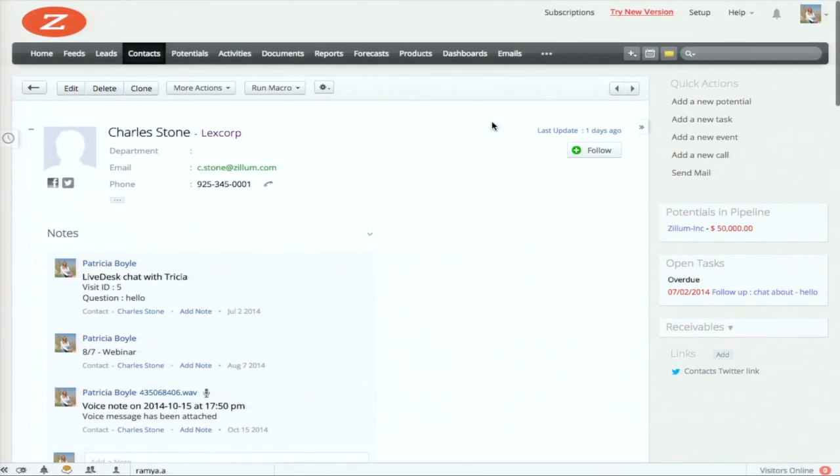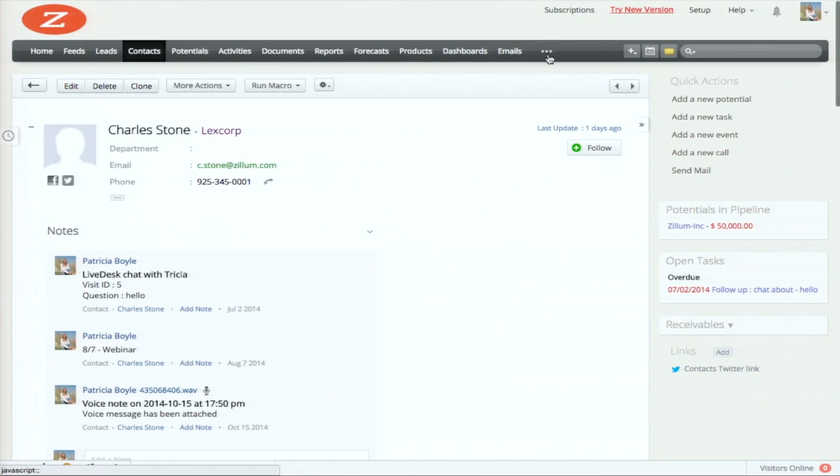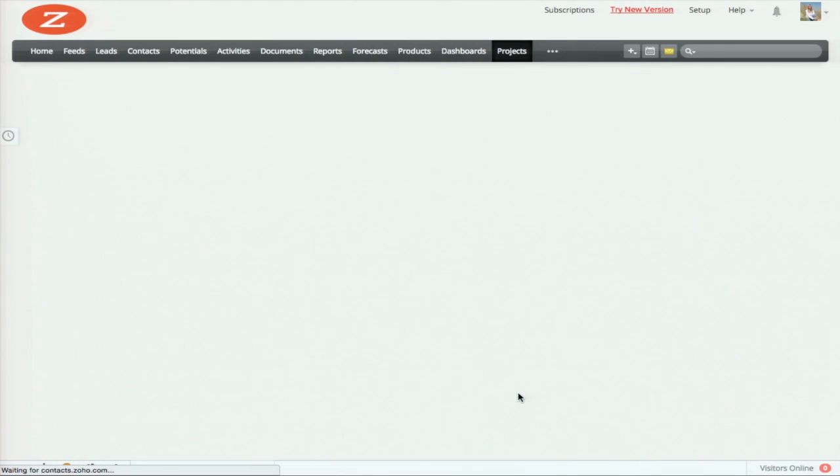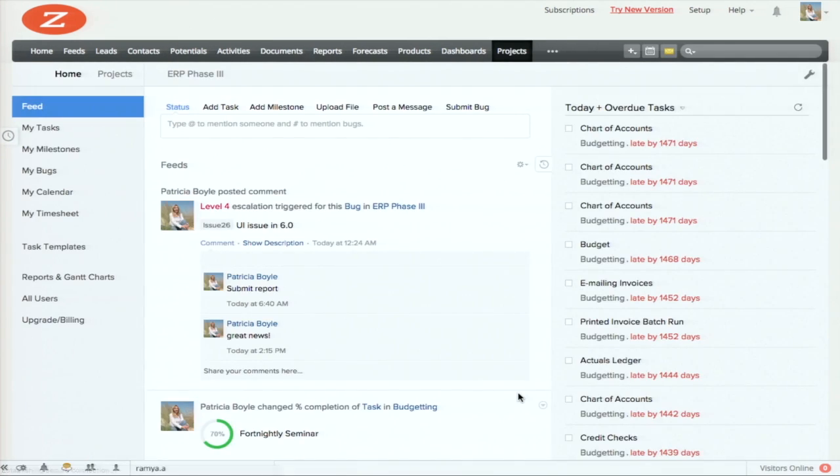You go to the CRM application, and you'll notice the module called projects. And the same interface that we saw earlier shows up right within the CRM system. But it's not just the entire thing, just like an email where you've seen the email within the CRM system. What's more useful is the contextual integration.